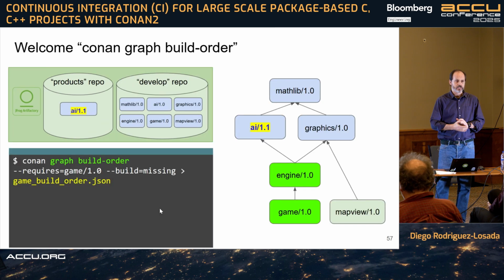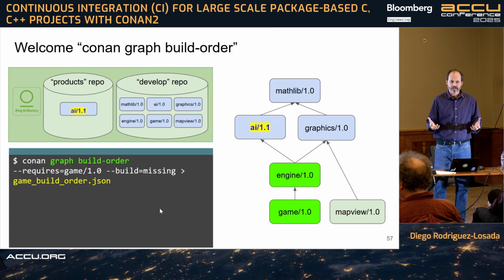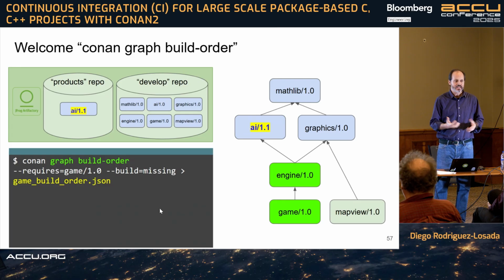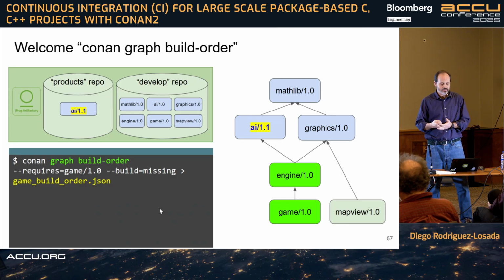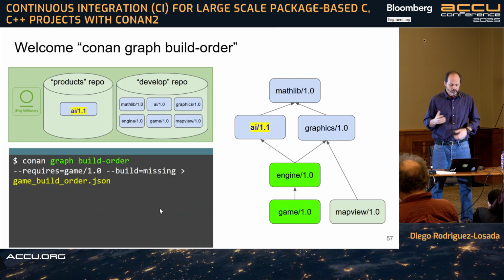So what's the solution here? We have a dependency manager. We can query the dependency manager and ask it, hey, what do I need to build and in which order? Right? And that's a command that we have. It's called the Conan graph build-order. If you type that command and ask it to create a JSON file for me,